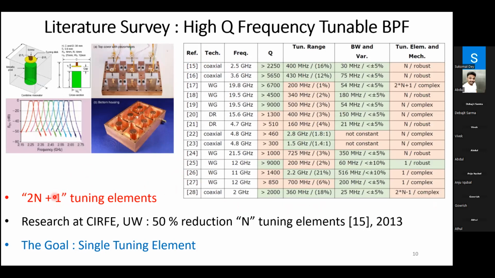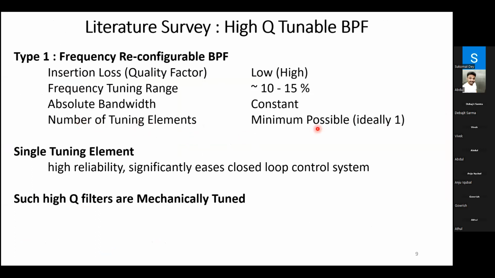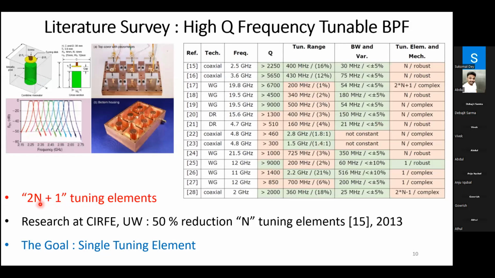So you take an nth order bandpass filter that has 2n+1 independent variables, including the resonators and the coupling between the resonators. So if you introduce so many motors, 2n+1 motors, for a fourth order filter, that would be 9 motors, then that becomes a tunable bandpass filter. So it's as simple as that. But it's not as easy as that. Because remember, we are trying to minimize the number of tuning elements. And I will come to why we want a single tuning element. So people, it's good for publication, but none of the products come out in the market with such a large number